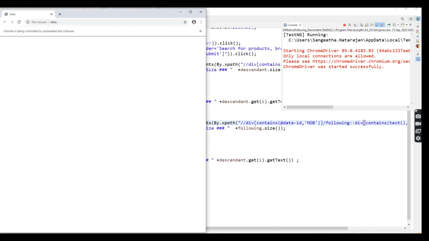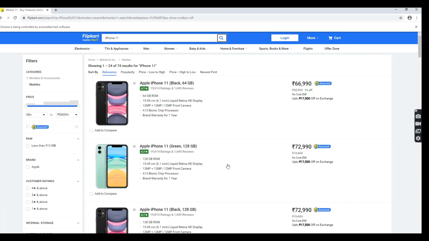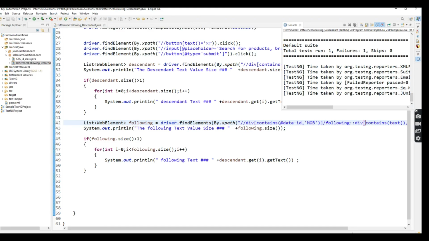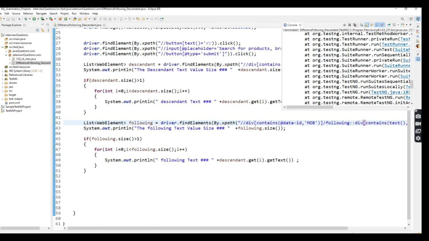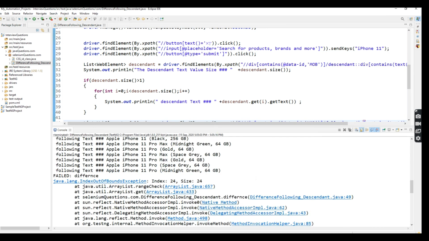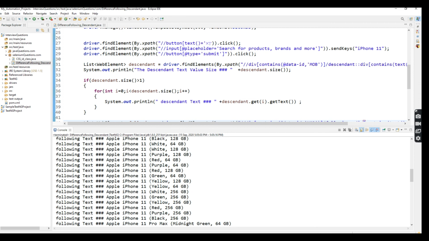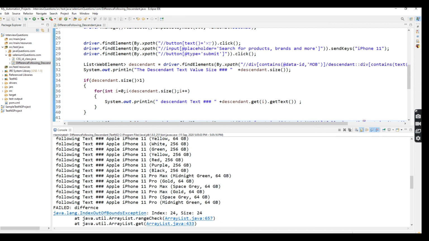The browser is going to launch. iPhone. So it will be printing, I think. It fails. Oh my god. Okay, index out of bounds exception. Let's see. The following text size is 26, but it won't print.